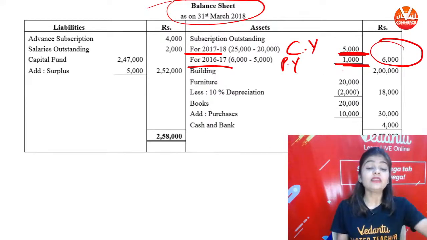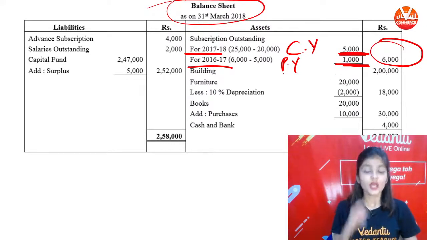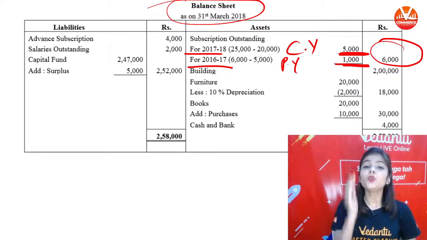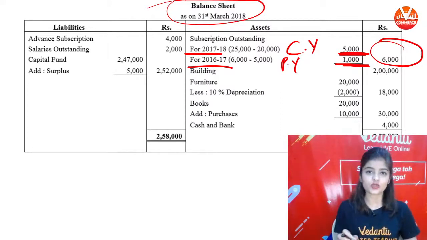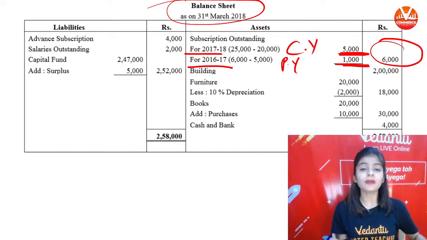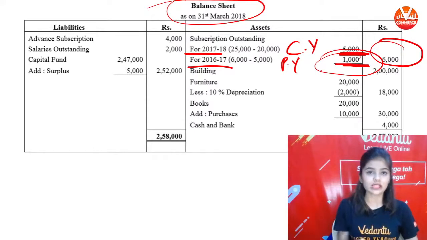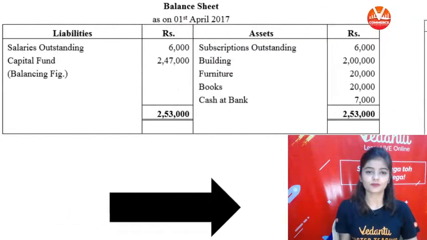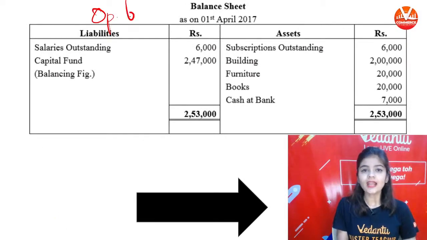And the 1,000 that is outstanding for the previous year, you will record that in the opening balance sheet also. ये तो क्लोजिंग बैलेंस शीट है. जब हम ओपनिंग बैलेंस शीट बनाएंगे तो ये जो 1,000 है प्रीवियस ईयर सब्सक्रिप्शन, it will be recorded in the opening balance sheet also. So this is your opening balance sheet, and you can see